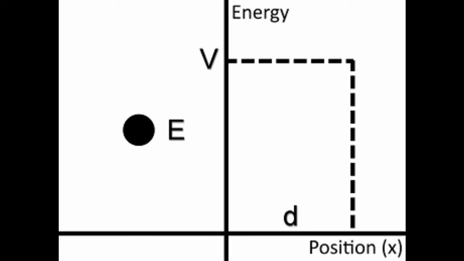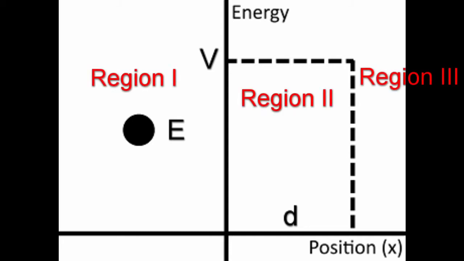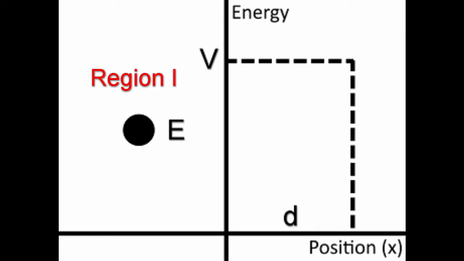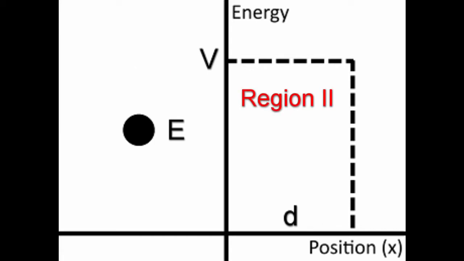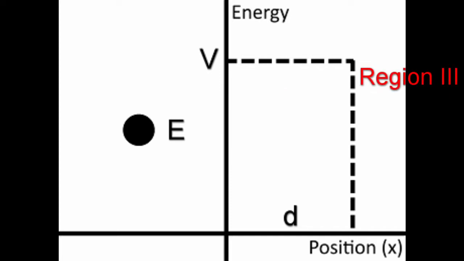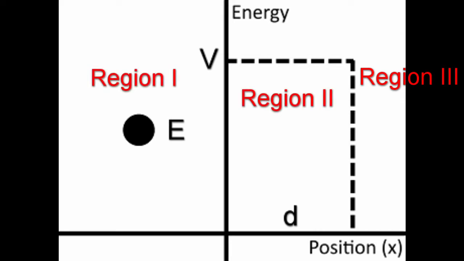The first thing we need to do is find a way to describe the electron in each of the three situations. So we can split this graph into three different sections. Region 1 will be the leftmost portion of the graph. Region 2 is the portion where the barrier occupies it. And then region 3 is on the far right. So region 3 is basically the area after the barrier. We have to take into account what happens to the electron at